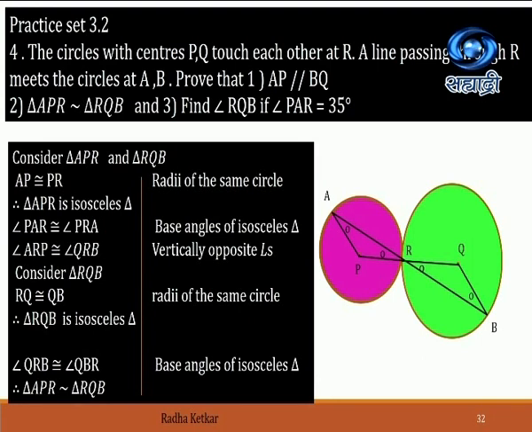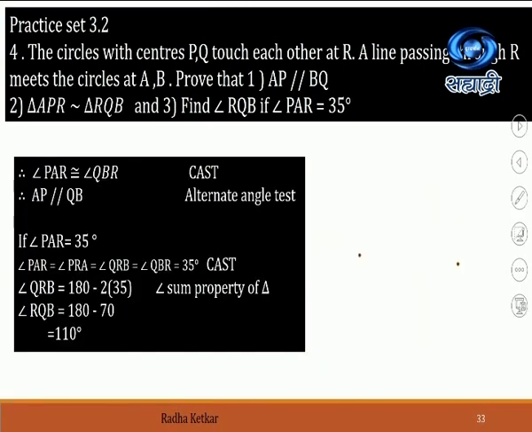Now, if one of the angles, PAR, is given as 35, then you can find out the measures of the other angles. All these congruent angles are going to be 35. For the isosceles triangle, the base angles will be 35 plus 35, that is 70, and then easily you can find the remaining angle of the triangle. You just have to subtract it. So 180 minus 70 will give you the measure of RQB. You can see here 180 minus 70 gives you 110. That is nothing but the measure of RQB.